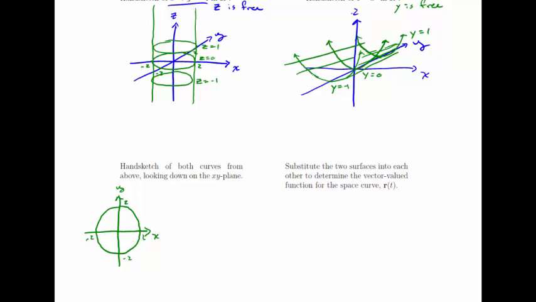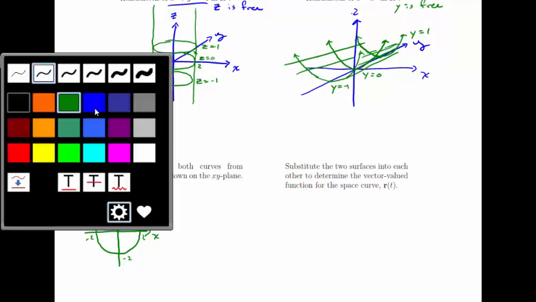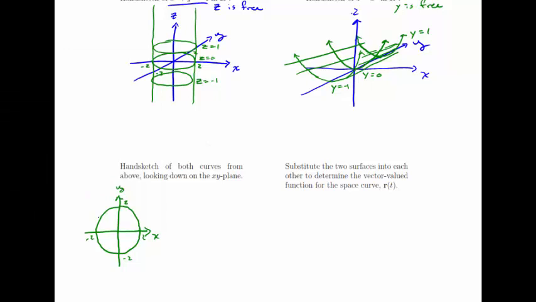But the parabolic cylinder, if I'm looking down on the xy plane, is going to look like it's taking up everything. We're going to get these parabolas that look like these horizontal lines here. But since they keep going for any y value, it's going to look like it's taking up the whole plane. So the intersection from this view is actually just the circle. And this circle of intersection